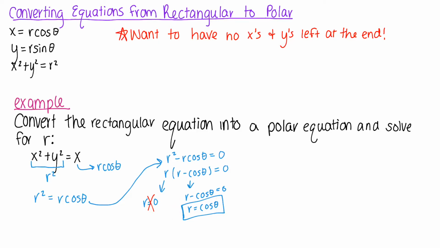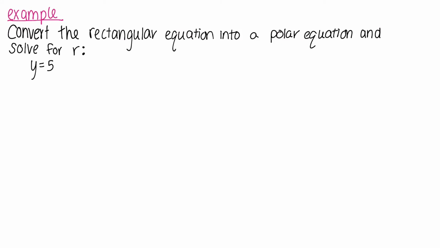And there you go. There's no x's or y's left, and we have solved for r. All right, so we're going to convert this equation right here into its polar form, so we don't want any y's or x's left. Let me go quickly grab our formulas and put them on here so we can point to them. All right, so y is equal to r sine